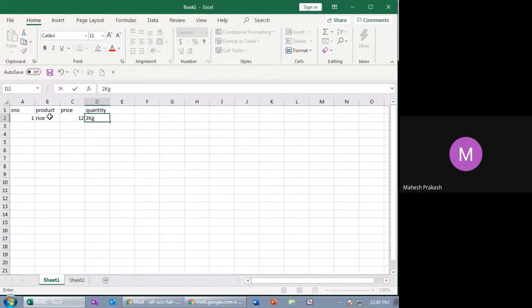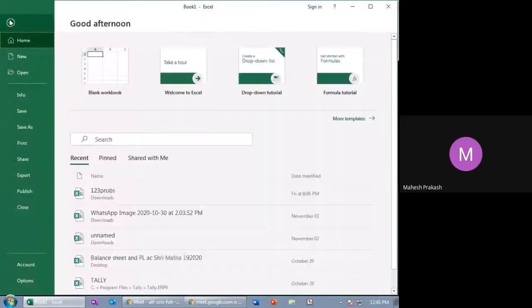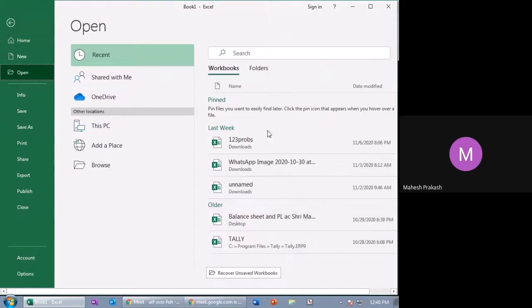Now if I want to save the file, when you click on File, New is to create a new worksheet. Open is when you want to open an existing file. So this is one existing file. If I click on Open, it will give me some names which are already existing in my computer.